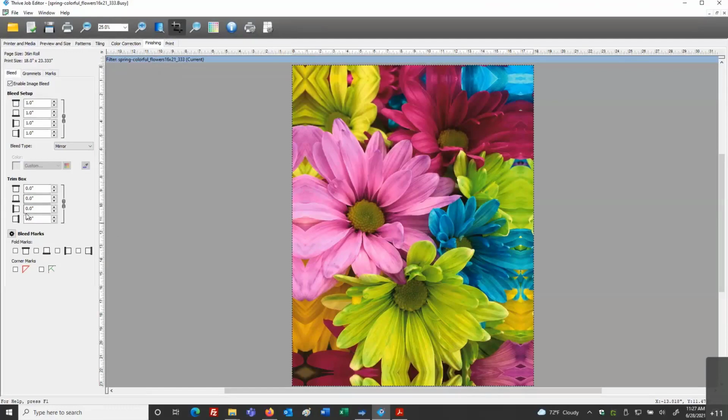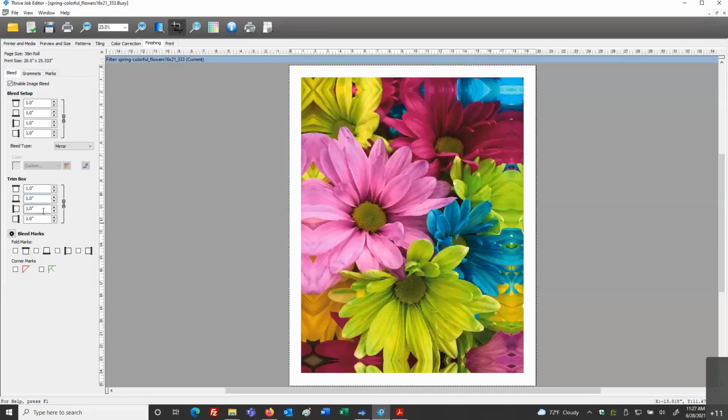That is our trim box. So if I set this up for a 1-inch trim box, and again, top, bottom, left, right, we can break the link for different values. I now see that beyond my image bleed is just the trim box. The trim box will always be non-printing and it'll always be beyond that image area.